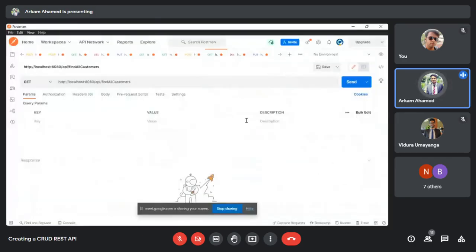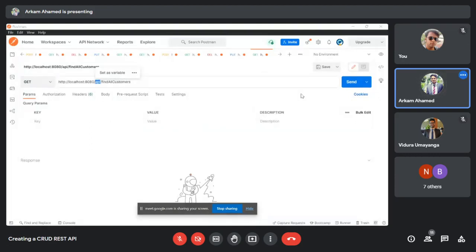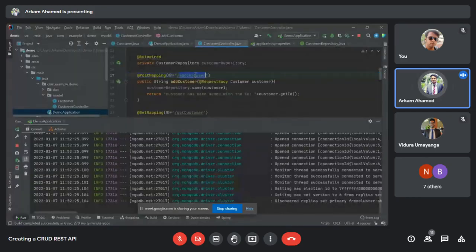And check the APIs using Postman. So create a new GET request. So this is the port number, the default for the Tomcat server, which comes from the Spring Web dependency. So I'll leave it as it is. So this is the API which we passed in here, the common URL for every controller. So it's API. So I passed it in here. And to add a customer, we have passed this as the endpoint. So I'll pass it in here.